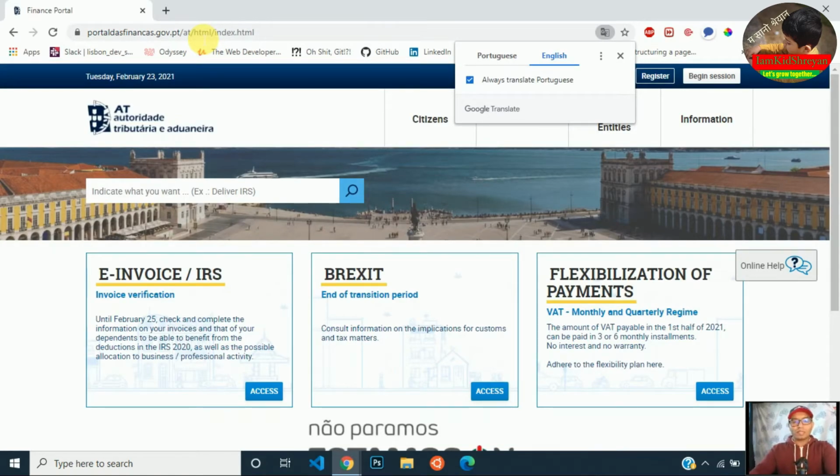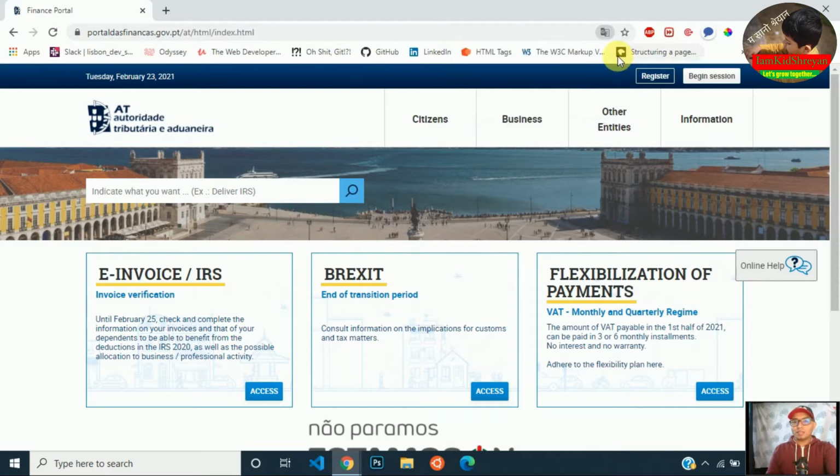Or you can come by searching Finance Portugal, Portal-Finances, Finanças-Portal, or Tax Portugal, something like that, and come here. Then there are many ways to register your invoices. Now you can see this part here because we are near the 25th of February, so this option is here. Otherwise, there will be other different options. So for now, you can go from this option. It is clearly written inside here. But if you don't see it here, then you have to choose another option.